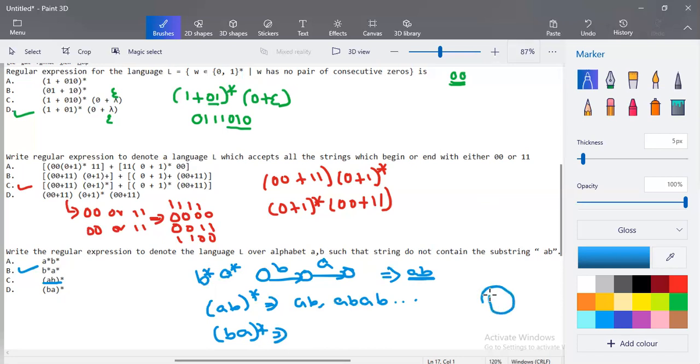Actually, you have to consider it like this. From a state, if the input is BA, this BA is called any number of times. So it means BA followed by BA followed by BA, any combination. So you have AB in between. Okay, so the AB substring will be formed by option D also. So the only option that doesn't generate AB is option B.